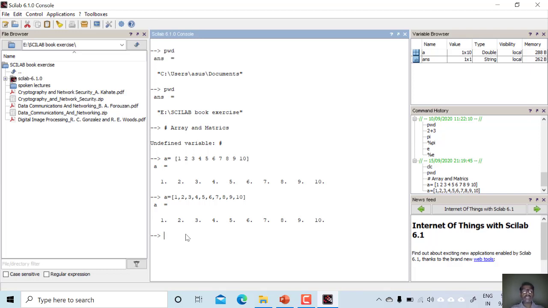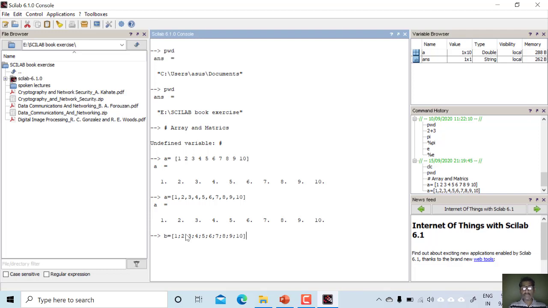Now, the next thing is how we can represent the column vector. For the column vector, we will use the semicolon. If we use the semicolon, then Scilab will consider the next element as in the next row. Suppose I am taking B as the column vector, and suppose I am saving 1 semicolon 2 semicolon 3 4 5 6 7 8 9 and 10.